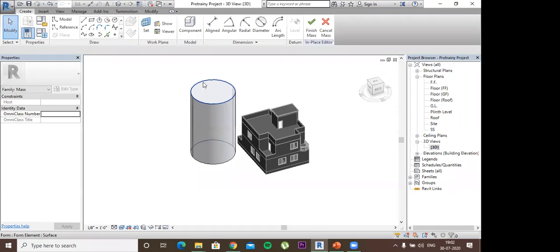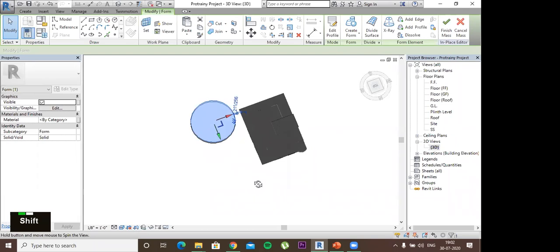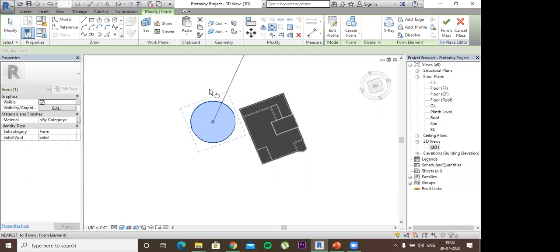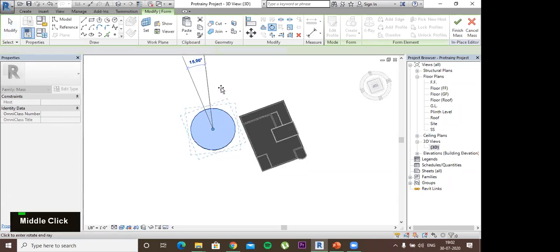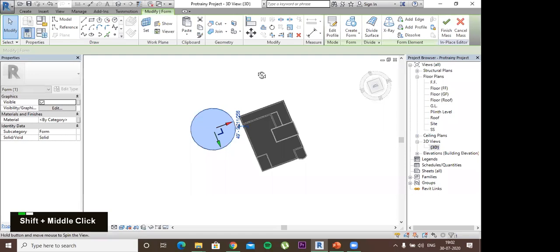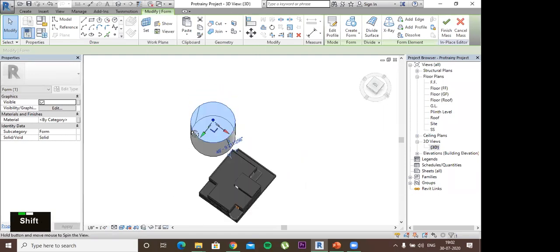So I'll select this topmost level. I'll go to the rotate option, this one. I'll rotate it at, for example, 15 degrees. And now if I'll see, my mass has been rotated.